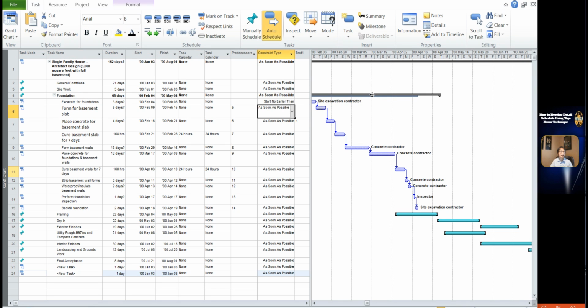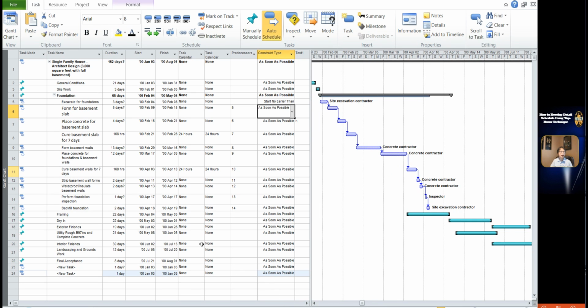Now, I want to adjust the task to make the manual schedule duration of summary equal to auto schedule duration. Since there is 11 days difference between manual schedule duration and auto schedule duration in summary,